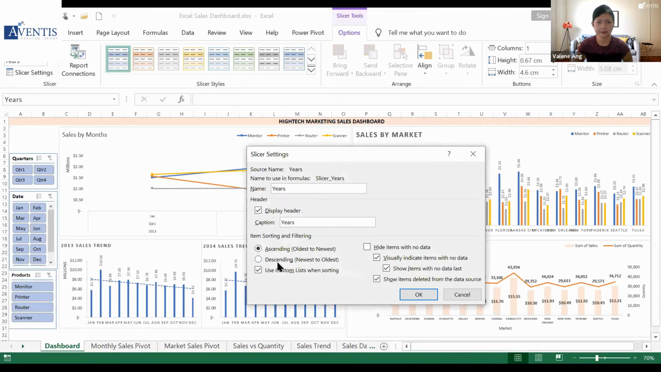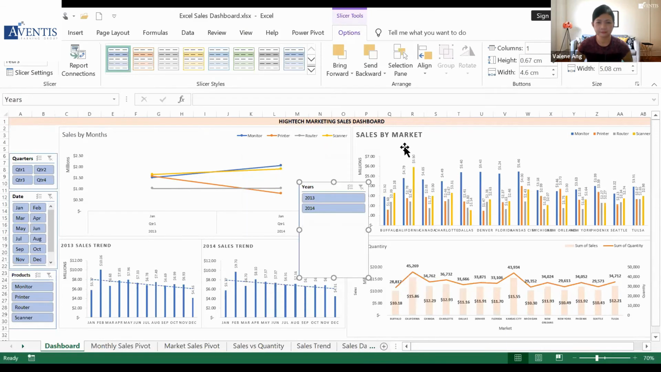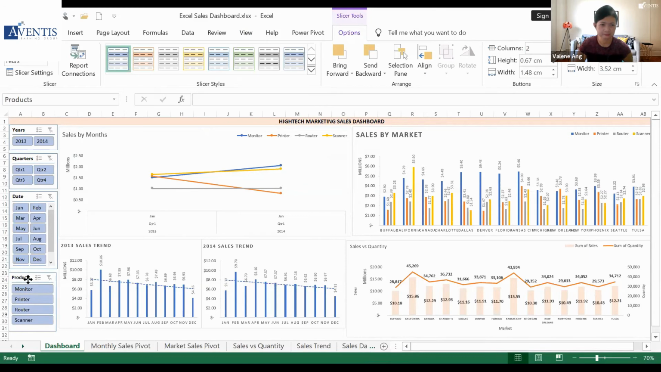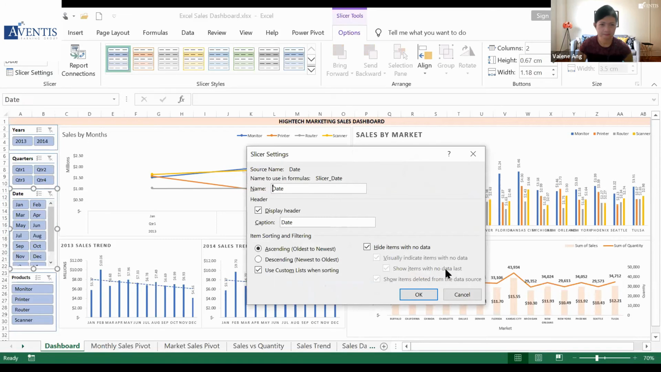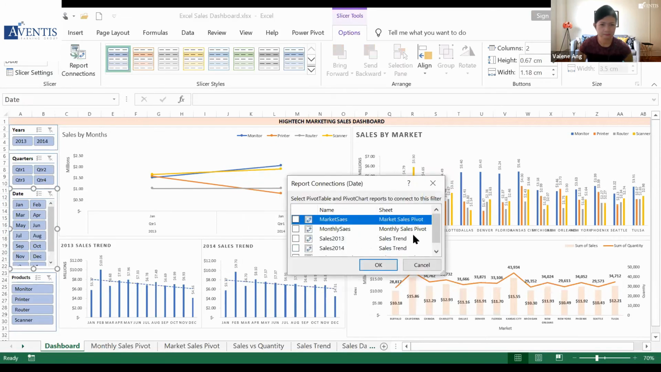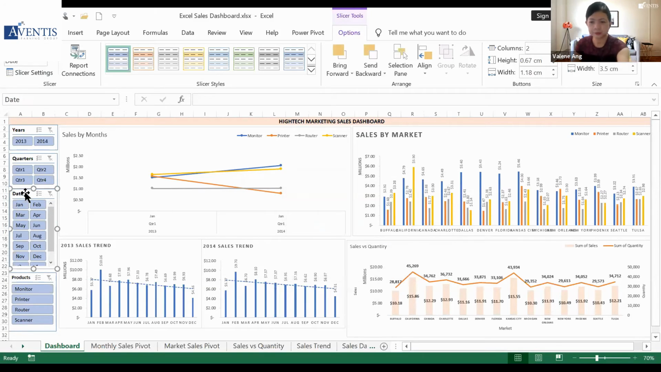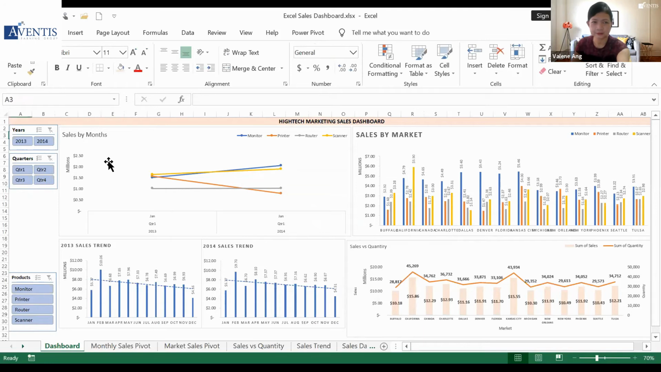And therefore you can hide. Go back to the 2 columns and resize it. At any point of time, you can remove and resize. Okay, so if I were to remove the date slicer,